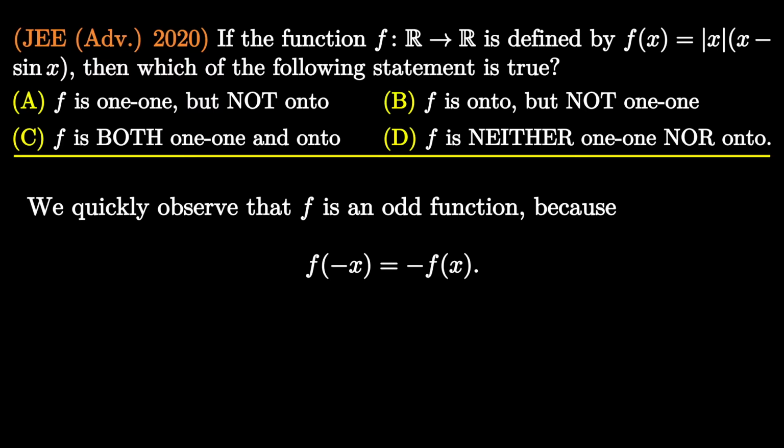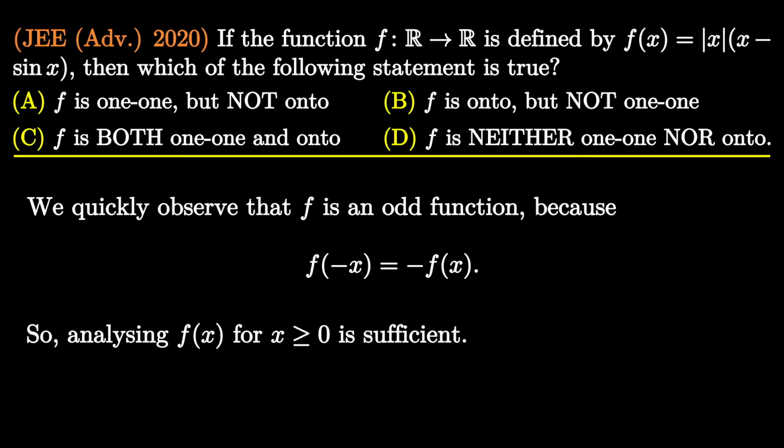So now the question is, how is this observation useful in the problem? Notice that by figuring out the oddness of the function at the starting, we need to analyze the function only for non-negative values of x or only for non-positive values, whatever we want. Because an odd function is symmetric about the origin, so if it is 1-1 for non-negative x, then it would be 1-1 for all real x. Now probably you have realized that recognizing oddness of f(x) is helpful in reducing clutter.